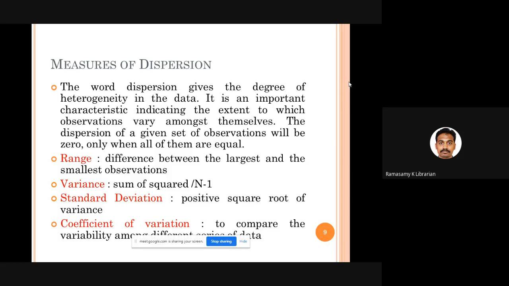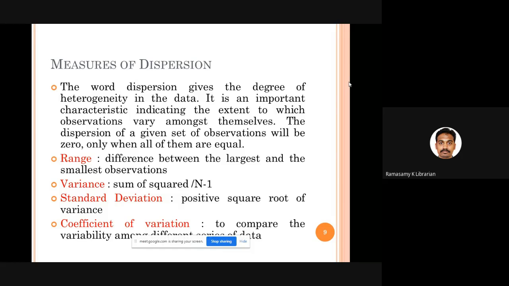For example, if you say that the standard deviation of a particular sample data is 10, for example, the marks, you have collected marks of some 100 students, and you say that the standard deviation is 10. It means that approximately 60% of the students of your sample have got either 50 or 70.